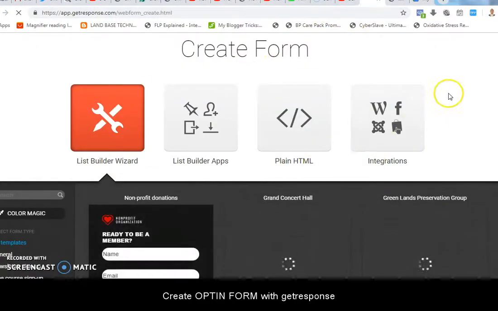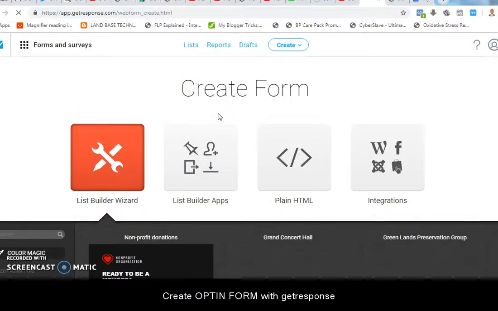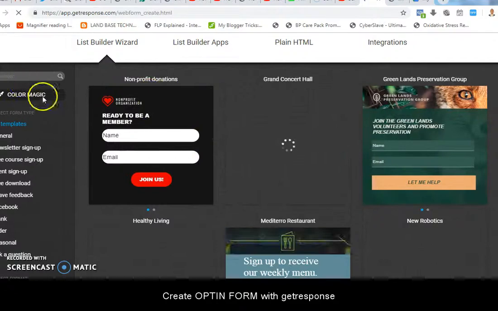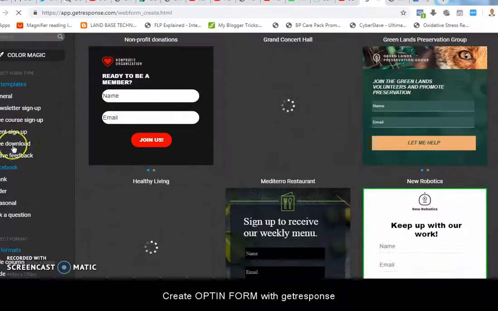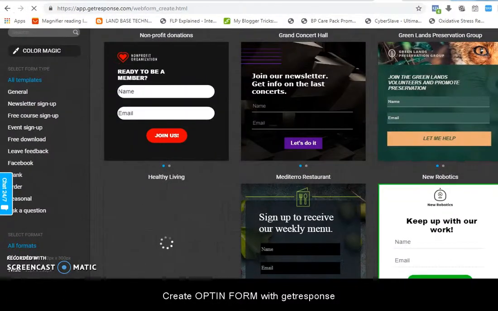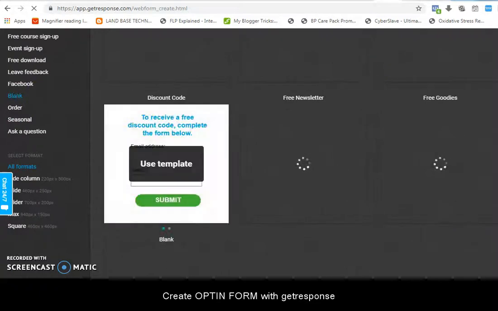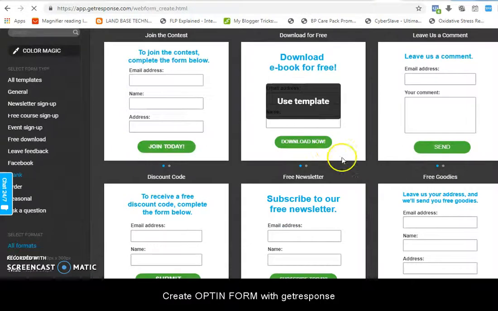Now you see these are what you call form templates. While it is loading the available templates, what you need to do is click on blank. When I click on blank, these are the blank forms, and you can select any.